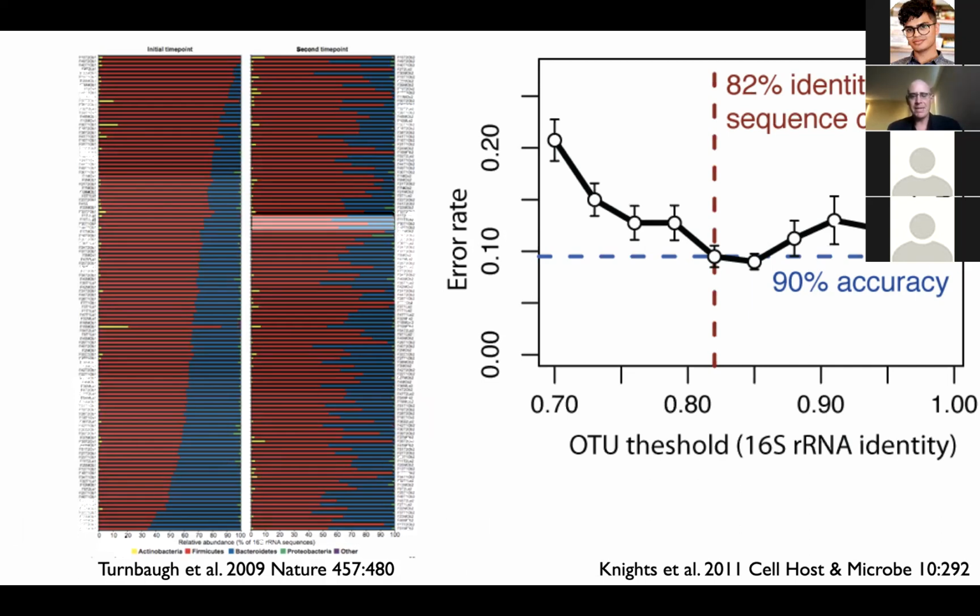So at 82% identity, we're basically grouping the microbes at the phylum level. And you can see the incredibly noisy data where the same row corresponds to the same subject at 2 different time points, where there's tremendous variation from one time point to the next, even in the major groups of organisms. And so this really speaks to the ability of random forests to pull out patterns from noisy underlying microbiome data.